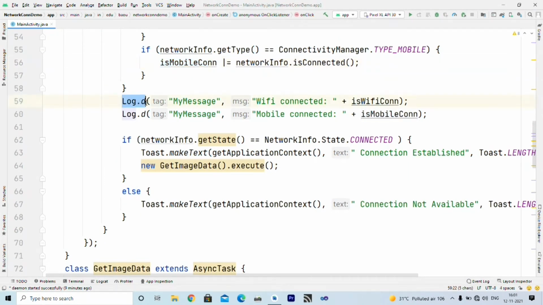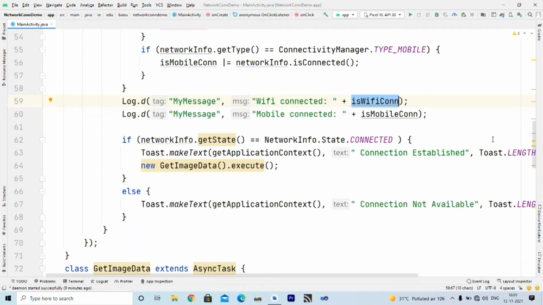So I called the debug method of the Log class, and this is a tag to easily identify our message from many messages inside the logcat window. This is the actual message, Wi-Fi connected, and then I write is Wi-Fi connection. If I am connected with Wi-Fi, then it displays Wi-Fi connected colon true.